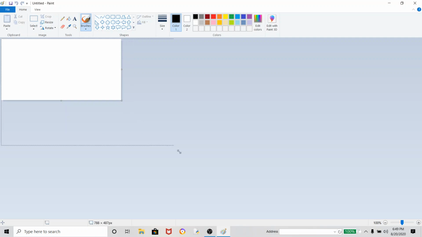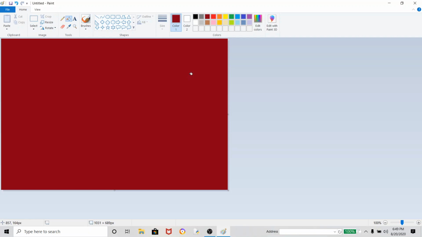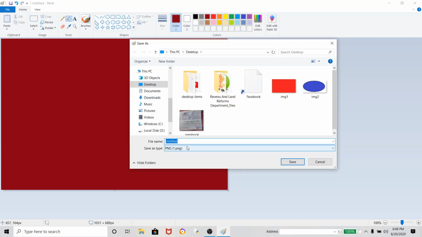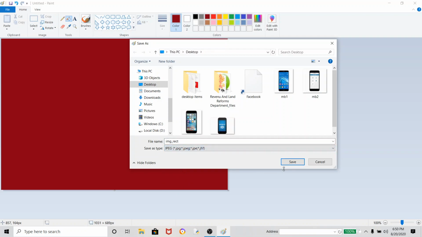Let me make it a little bigger. And I am going to fill this color. Clear? And I am going to save this image with the name img rect, and I saved it on the desktop. Extension is png. If you want to make jpg, select from here and click on save.